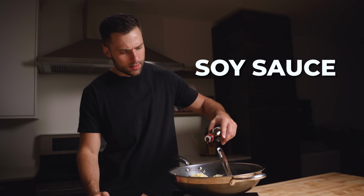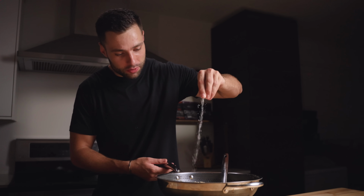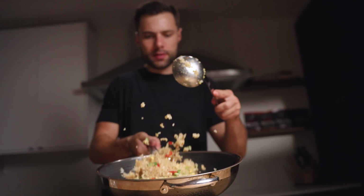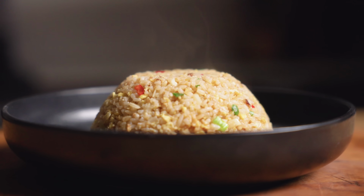Adding in the soy sauce, sesame oil going in, and time for Uncle Roger's most important ingredient, the MSG. MSG is salt on crack. Green onion in, and the chilies. Not gonna lie, this is looking pretty good right now. If there's one person that should put out the perfect egg fried rice, it is Uncle Roger, so hopes are